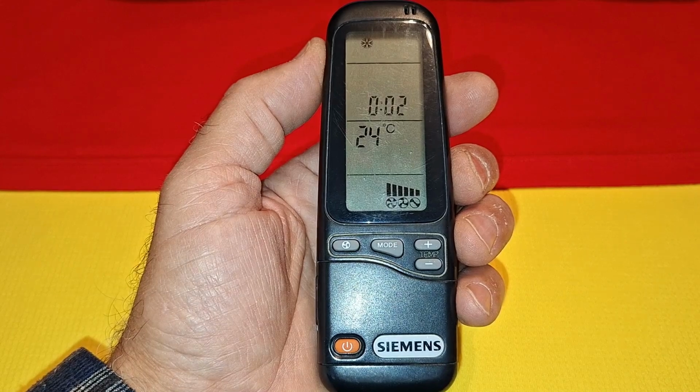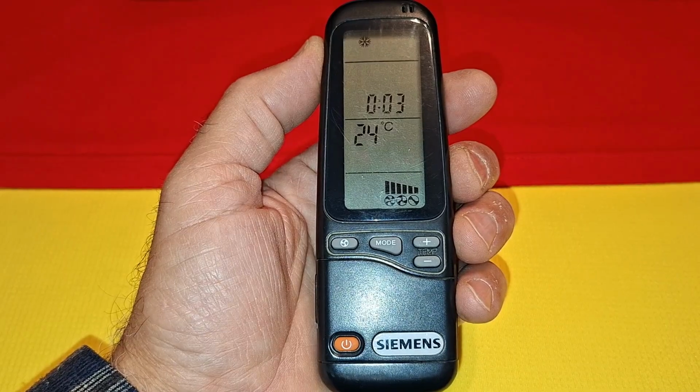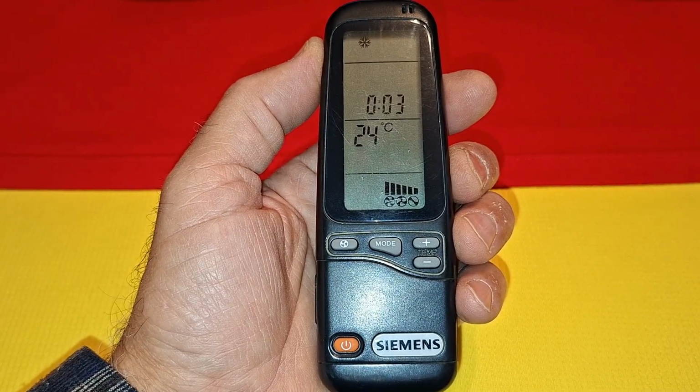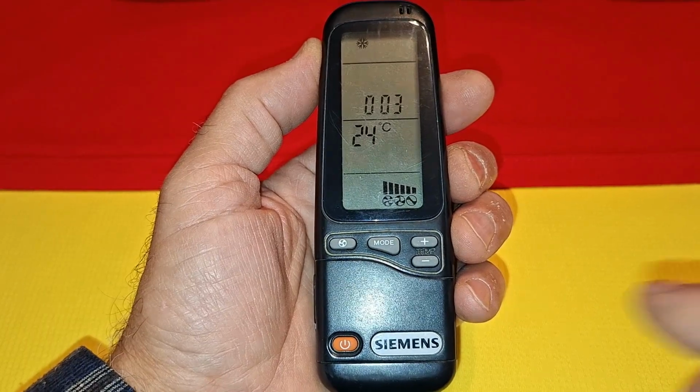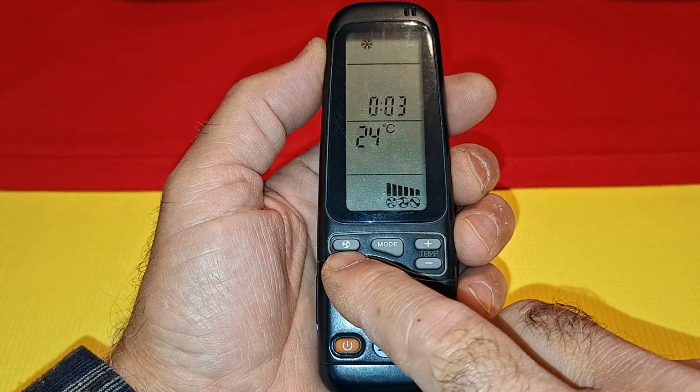In this mode, we set the air conditioner temperature to 22-24 degrees Celsius. It's not recommended to stay in a room with a temperature below 22 degrees Celsius for a long time, as it can cause colds. We can change the fan speed of the air conditioner with the help of this fan